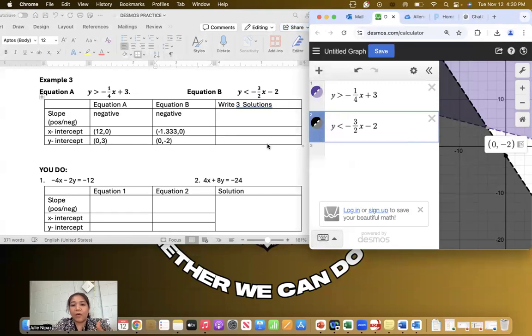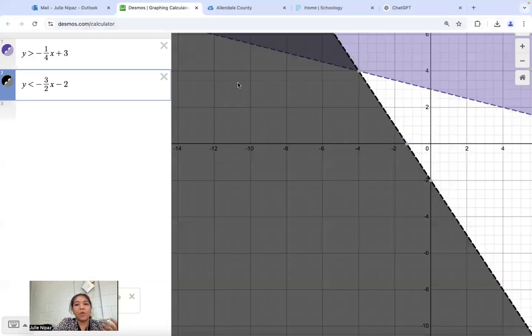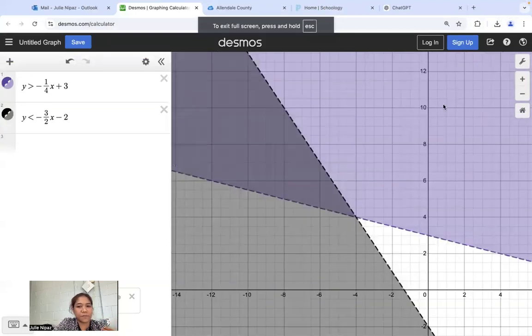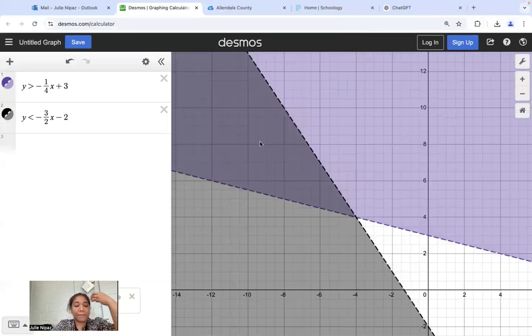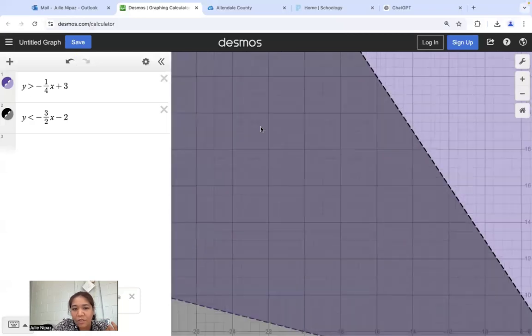So if you have a system of linear inequalities, the solutions that you have should be on the common space that we have. So we have a black space here. Let me maximize this one first. We have a black space and we have a purple space. Now you need to make sure your solution is on the common space wherein the black and the purple are overlapping each other. So on this space here, there's black and purple in here. So how will I identify points that should be inside this region? Any region as long as there is black and purple together.